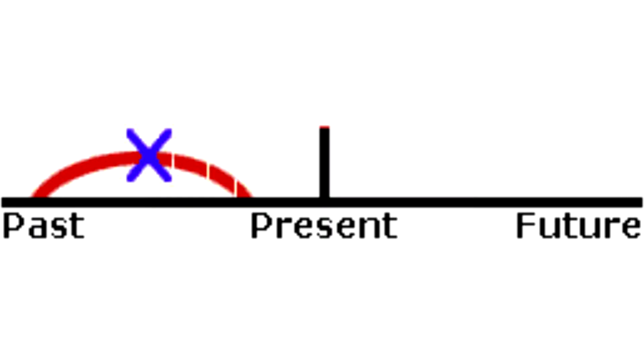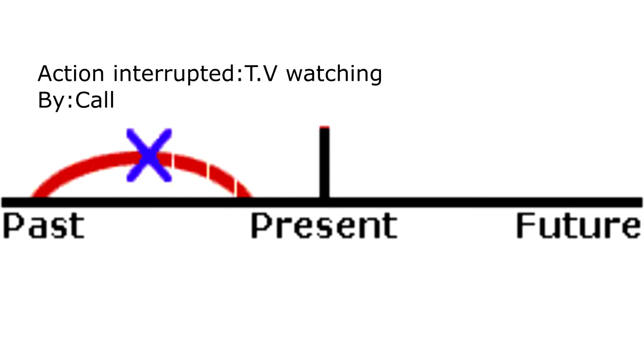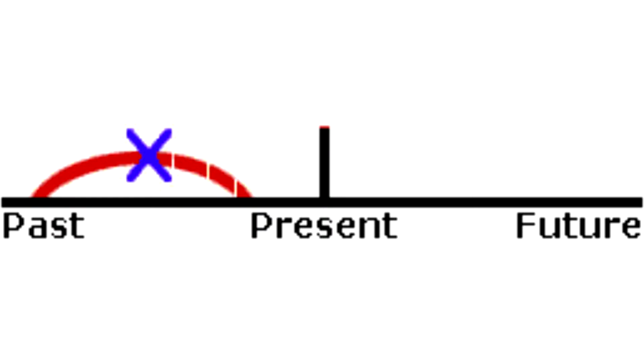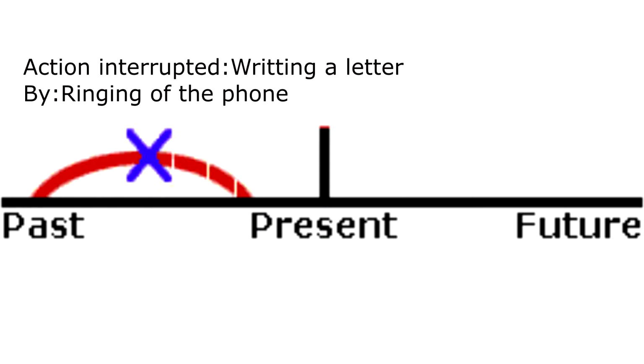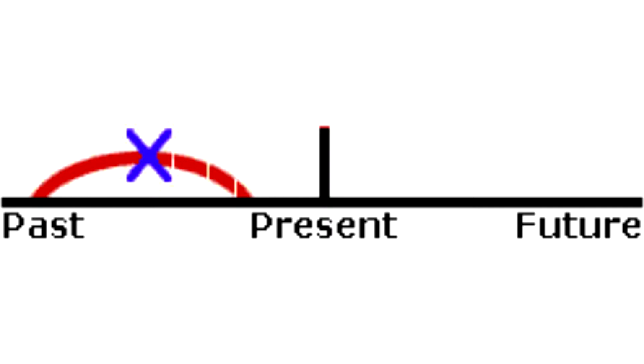Another example for past continuous would be: I was watching TV when she called. The action of watching TV was interrupted by the call from another person. That's why we can classify this as past continuous, as an action that was taking place in the past was interrupted by another. Another example would be: when the phone rang, she was writing a letter. The action of writing a letter was interrupted by the ringing of the phone. Then we can classify it as past continuous.